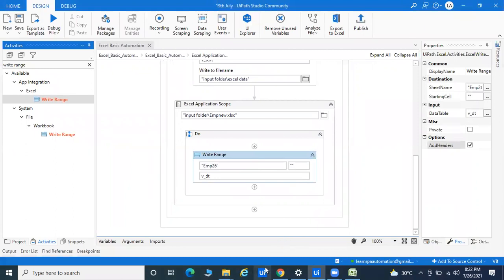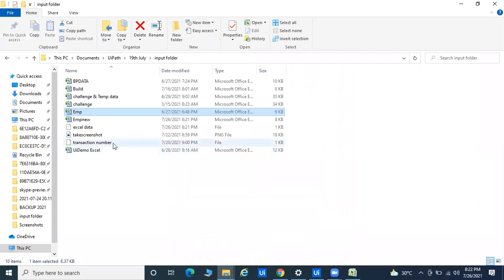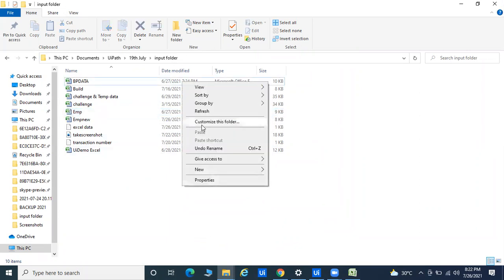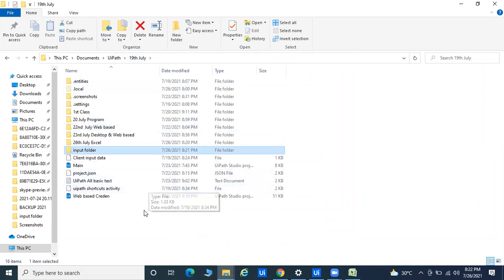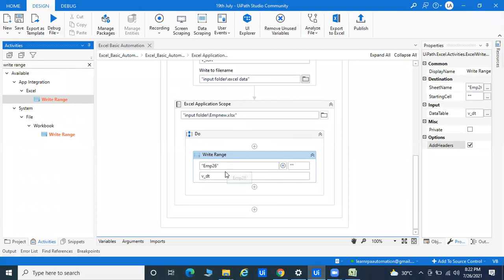Come to the input folder. In the input folder, the file we've created is called EMP. Let me refresh again. It's already created outside. One second. So here, EMP.